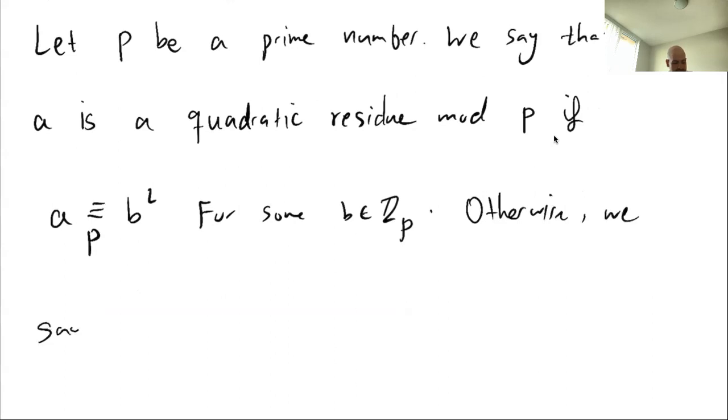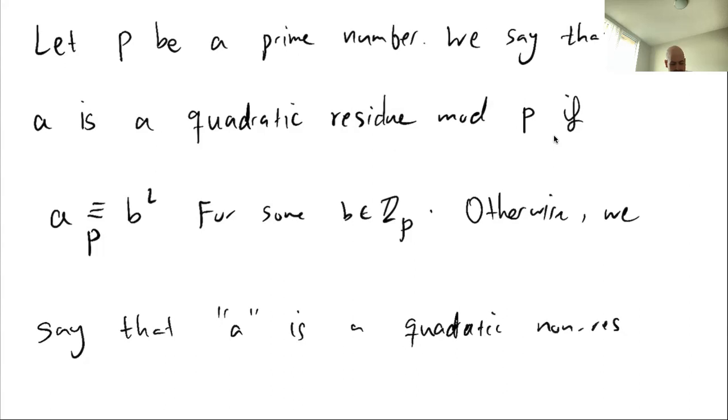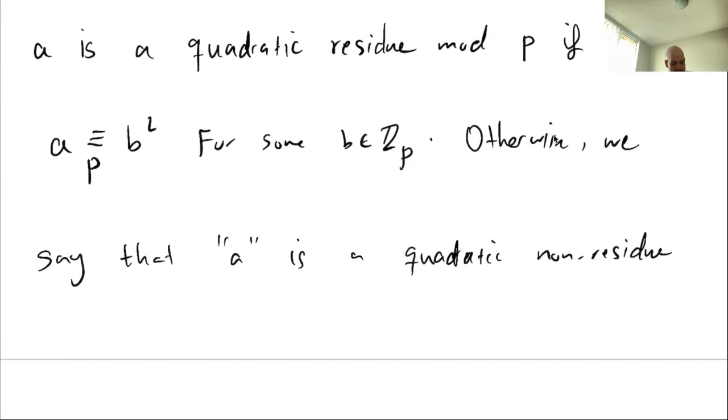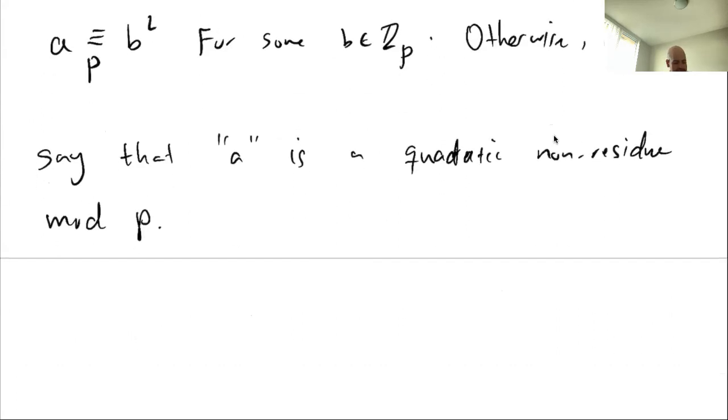And otherwise, we say that a is a quadratic non-residue mod p. So let's look at an example. Okay, before giving the example, let me also introduce a notation. So definition, again, if p is a prime number,